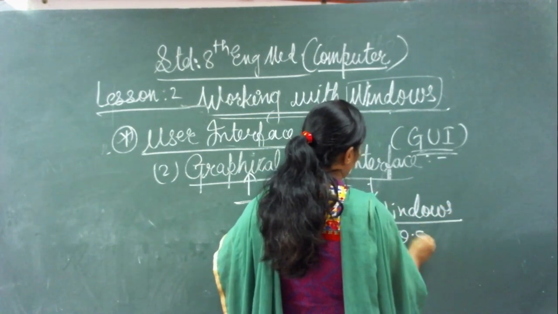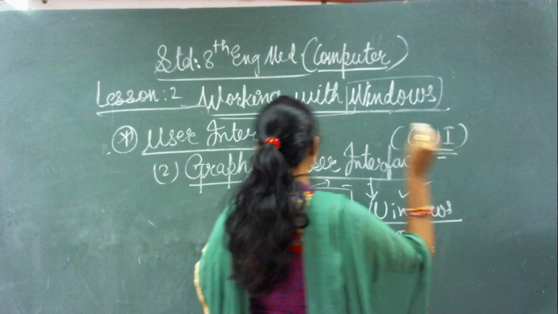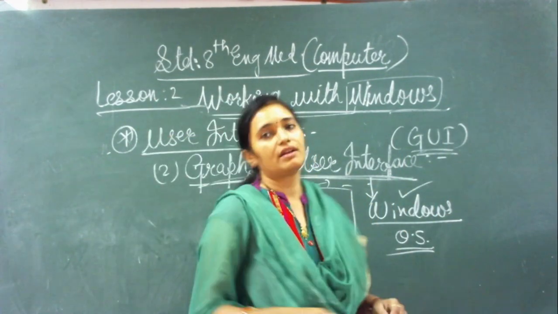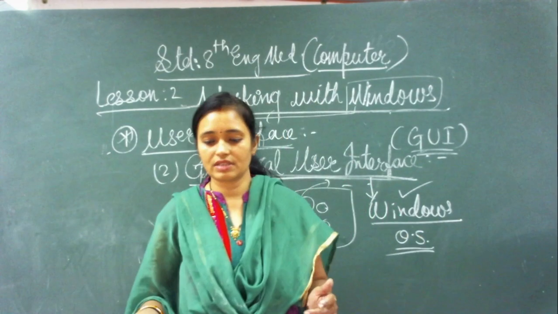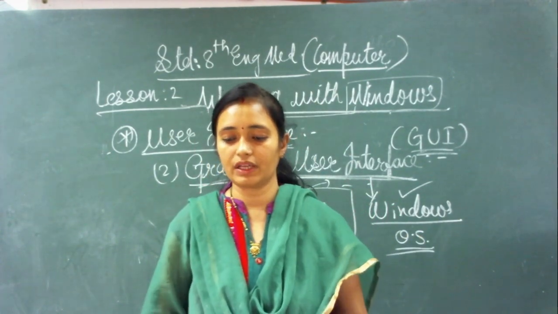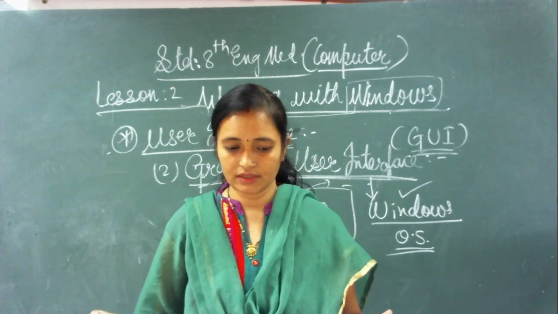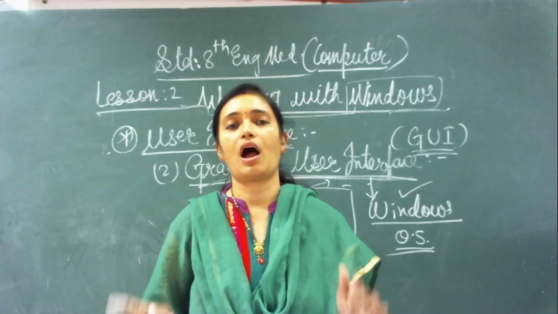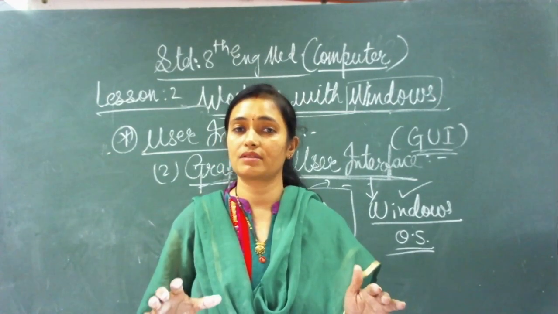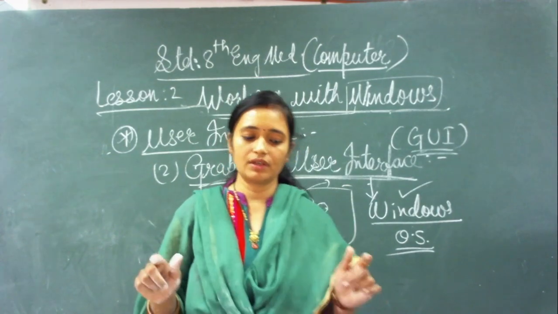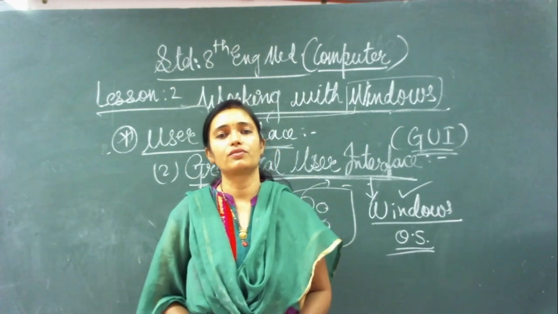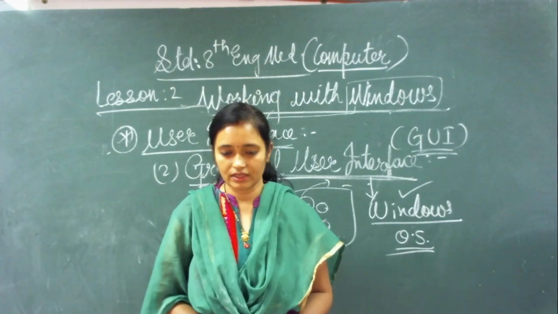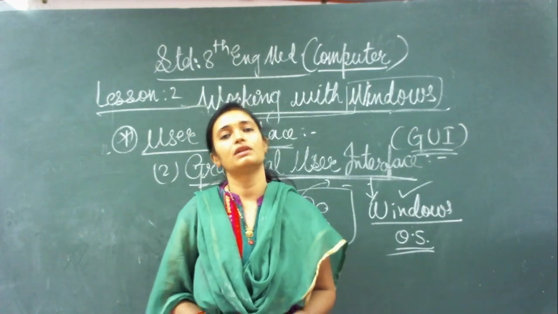Okay, the Windows operating system uses a graphical user interface. So next time we will see the different features of Windows. So this is the description about operating system, hardware, software, how the CPU will work, and how the operating system will help the CPU. That we learned. We also learned about user interfaces, two types of user interface: command line, CLI, and GUI, that is, graphical user interface.